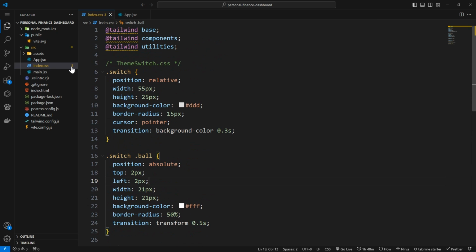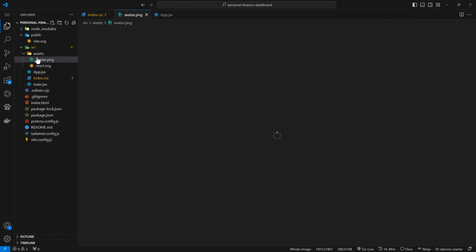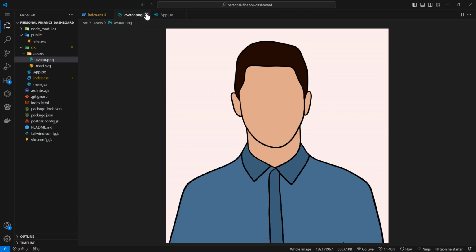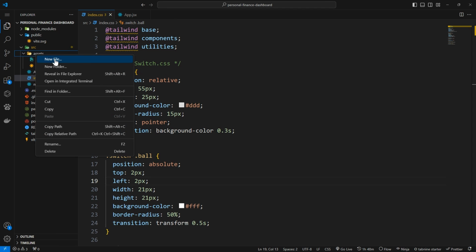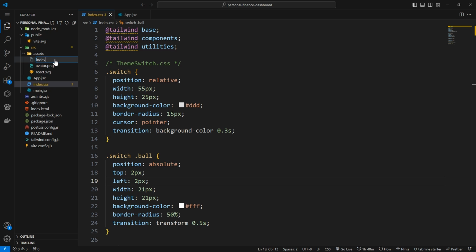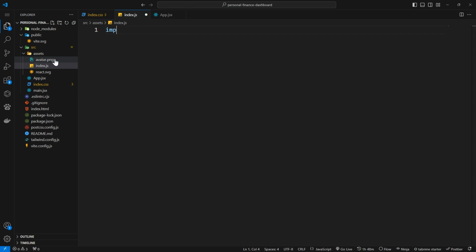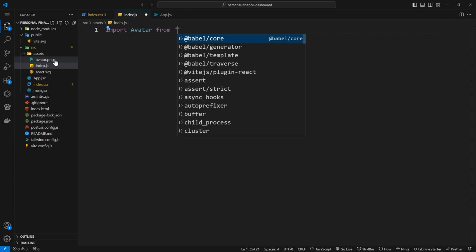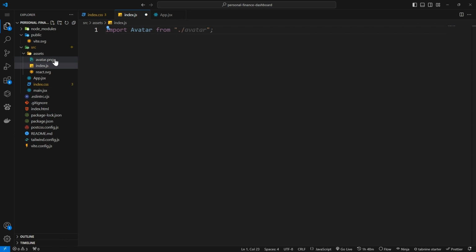Okay, so now let us talk about our folder structure. I also have an icon, an avatar I want to use, so I'll just copy it and bring it and put it inside the src in here. Now, one thing that I like to do is have a default import. So I'll have this index.js file here. Import the avatar, right? Import it as avatar. From where? You see that it is in the same folder, so I'll just put dot slash, then the name, avatar,